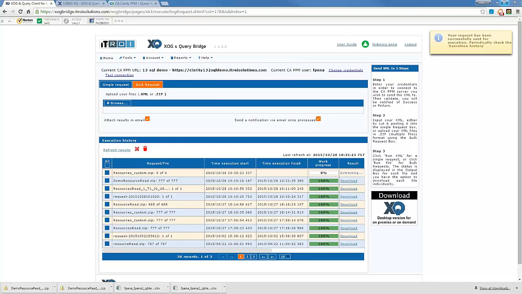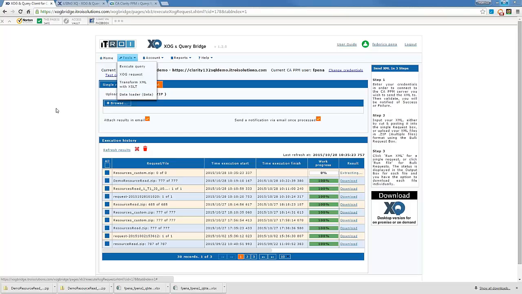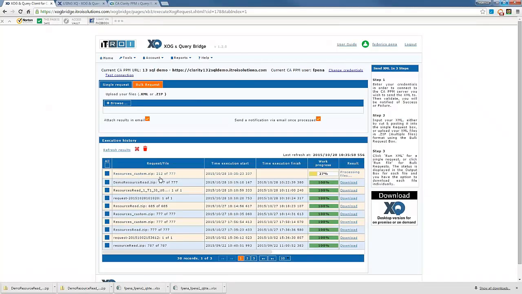Does the run file mean create the file to be XOGged in, or do the XOG? So I assume we're talking about the building of the messages. So if you're inside of the data loader tool, okay, the run file means the files have already been created. What you're doing is you're pushing that to Clarity. So here you can see that this is the particular